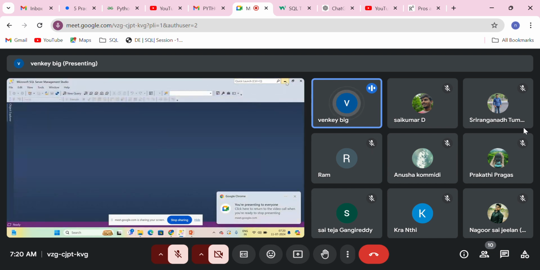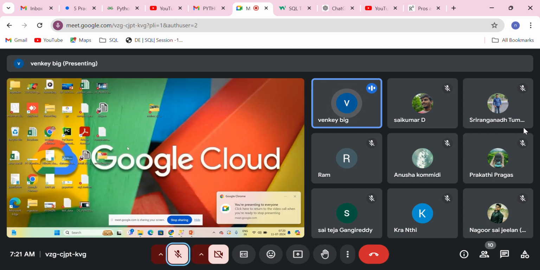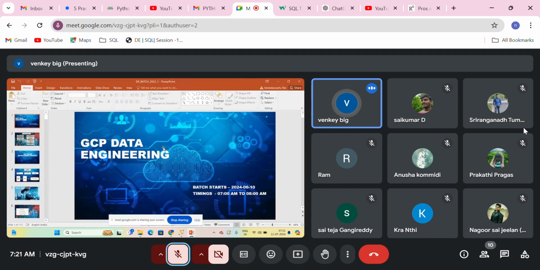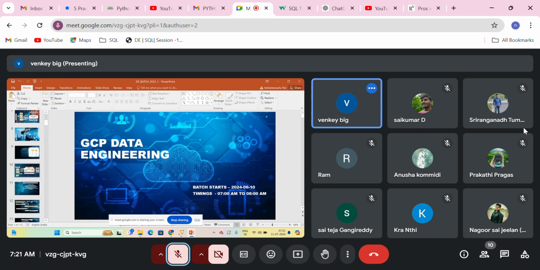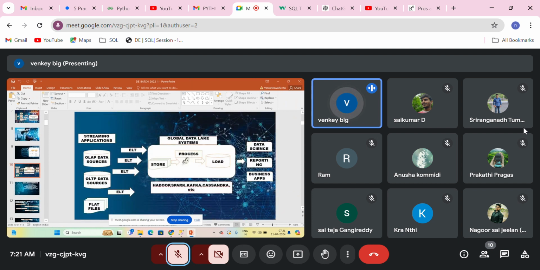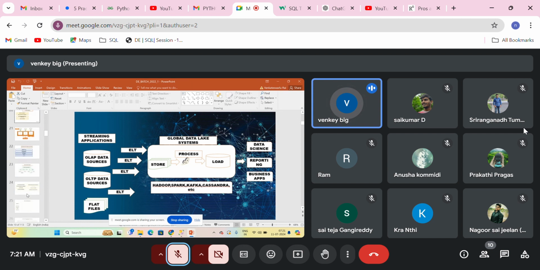So in our last session, we understood all the things related to cloud computing, right? We have seen the introduction to cloud computing, the advantages of cloud computing, and the features of cloud computing. Everything we have seen in our last session. So today we will try to understand how data engineering actually evolved, and where we are at in